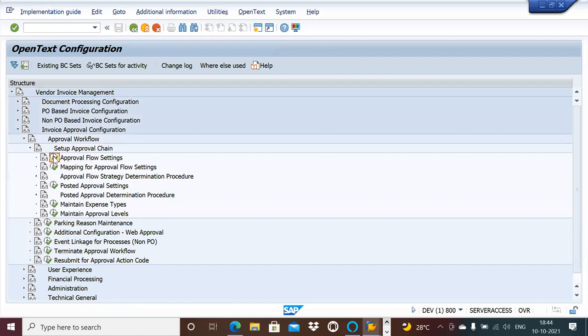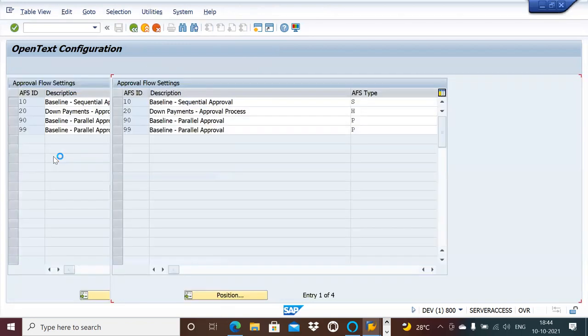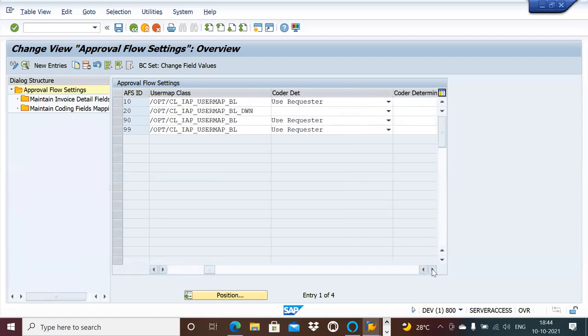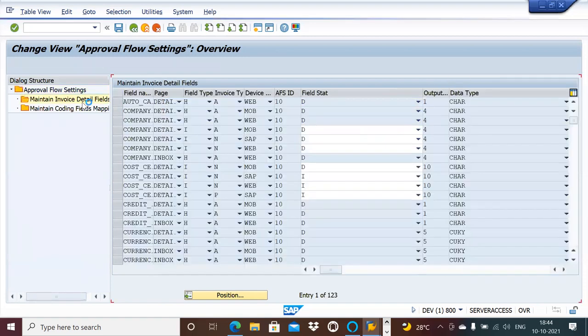So you see the workflow approval setting here. This is where you are telling your system whether it is a baseline, or sequential, or header level, or parallel approval process. I'll help you understand what the baseline is. So you will be assigning this, let's say FS. So you are assigning